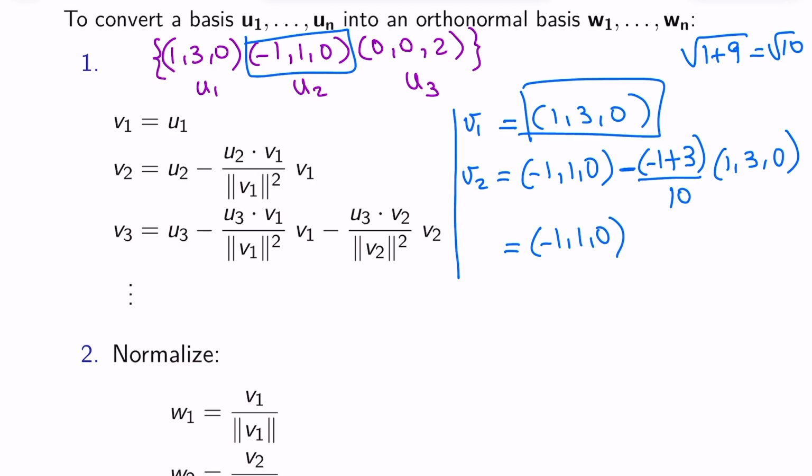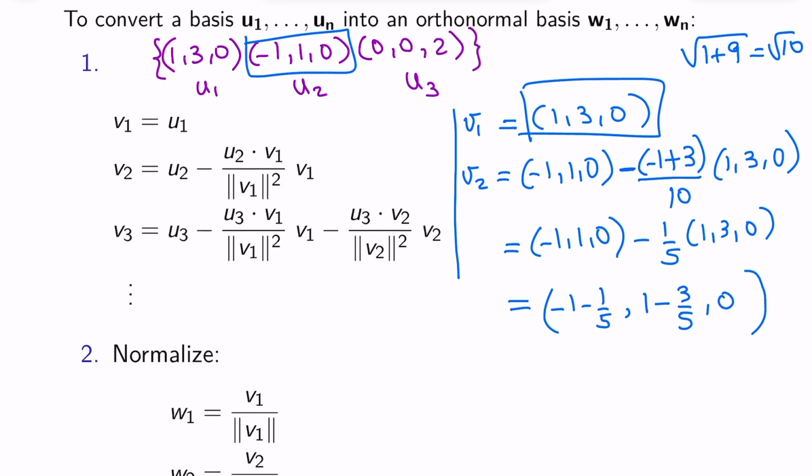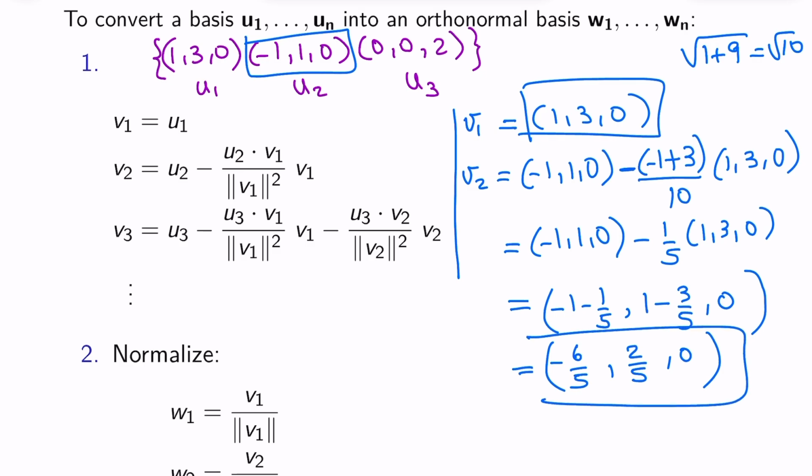And so here 3 minus 1 is 2. 2 over 10 is 1/5 times 1, 3, 0. And now we multiply 1/5 by this, and at the same time we can do the subtraction here. So let's do that. So we are going to have here minus 1 minus 1/5, comma, 1 minus 3/5, comma, 0. And now 5 times 1 is 5, so this is minus 5 minus 1 is minus 6 over 5. And here is 5 minus 3 is 2 over 5, 0. And so this is then how we obtain the vector